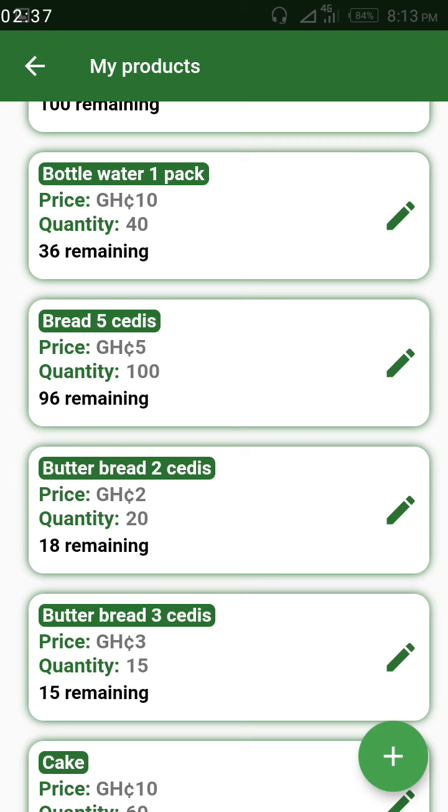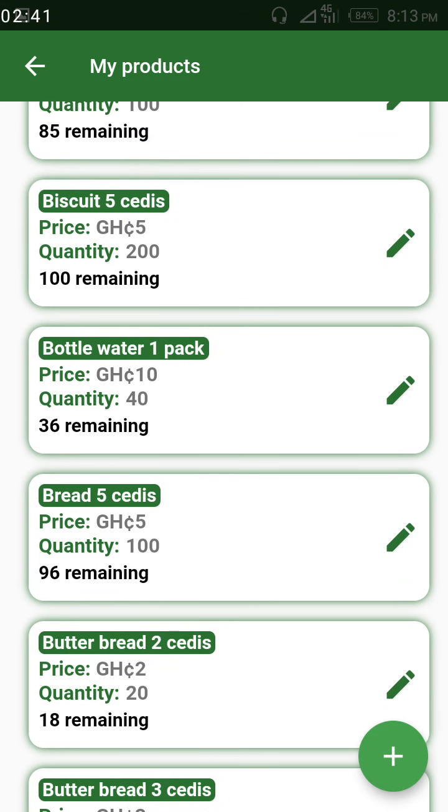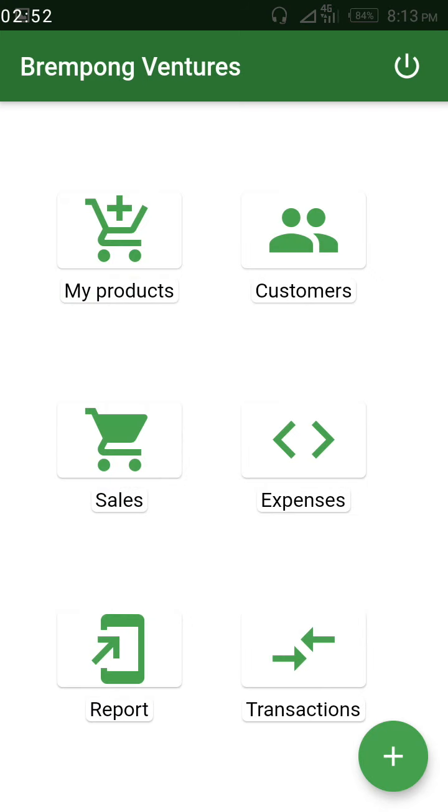So you see that the app is giving you updated information. When you are using this app, your business or your finances is always going to be the correct one. The money that you will see in the app is going to be the right amount, if only you enter the records very well. So that is how you edit a sales record.